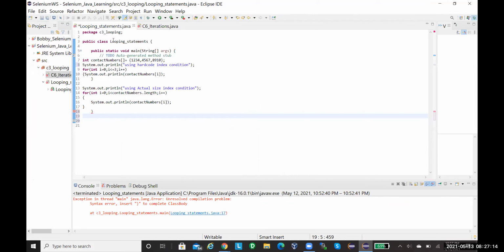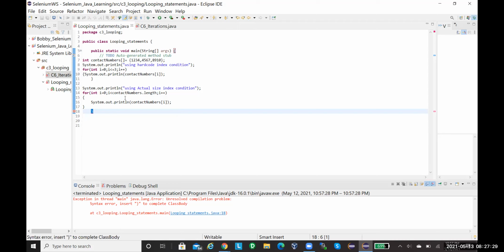Okay. If I run this, your class is already showing some errors. You see this cross mark on line 18? That is an error. If you want to see whether there are compilation errors or not, you see before the file name on the top, it is showing a red cross mark. And then the iterations class also has some issue.